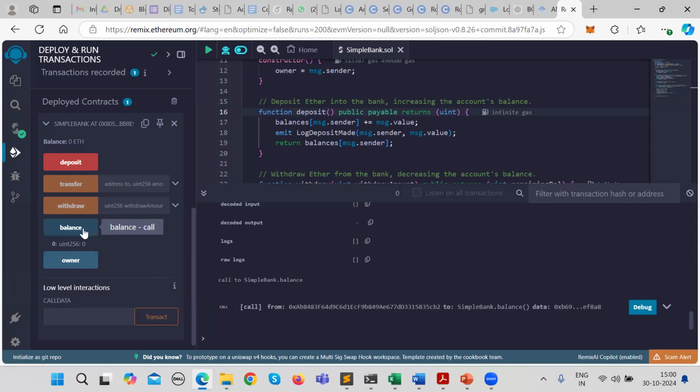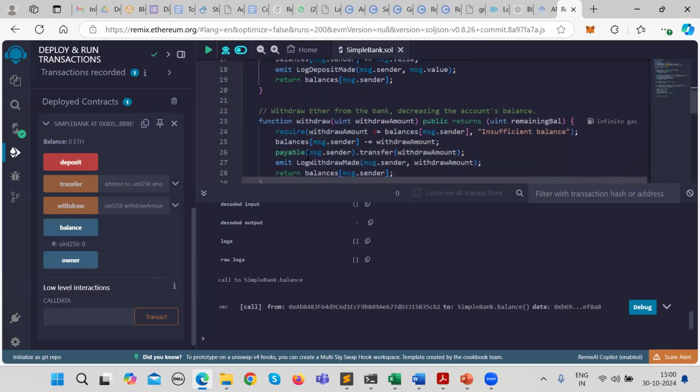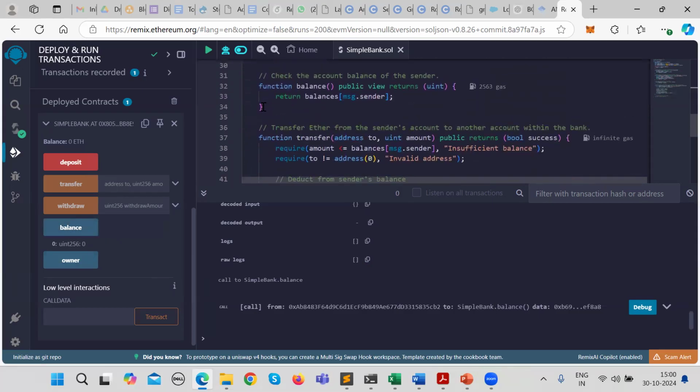Since in this balance function we are not changing any blockchain state, we are not changing any variable here, we are simply fetching something. In order to read something from the blockchain, it doesn't incur any cost. So it will not cost you, but it will definitely create a transaction.